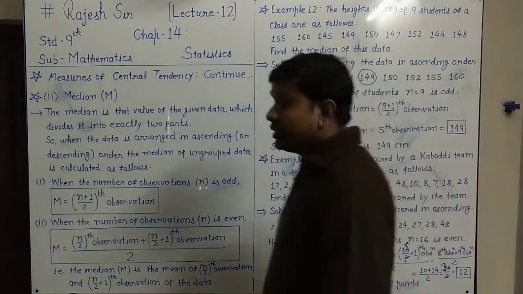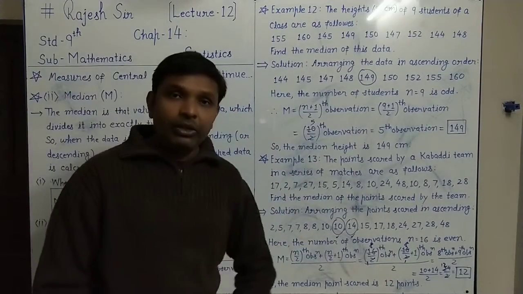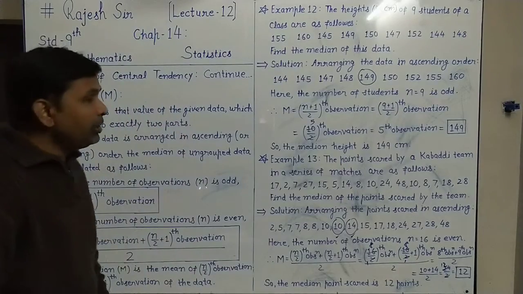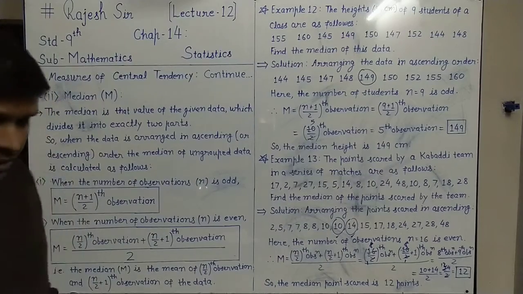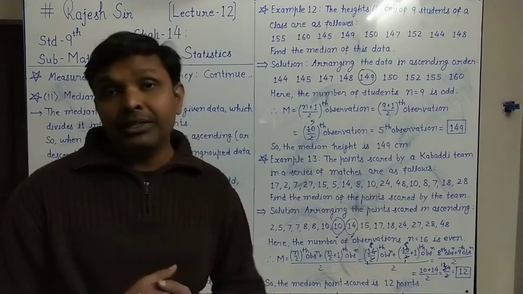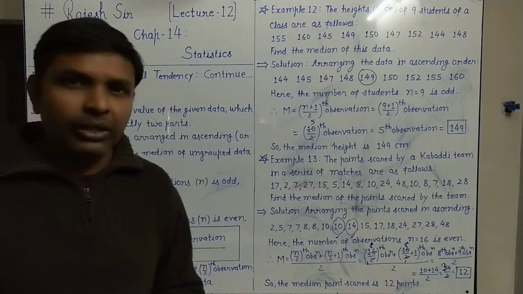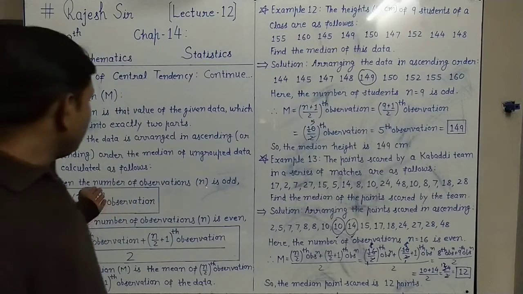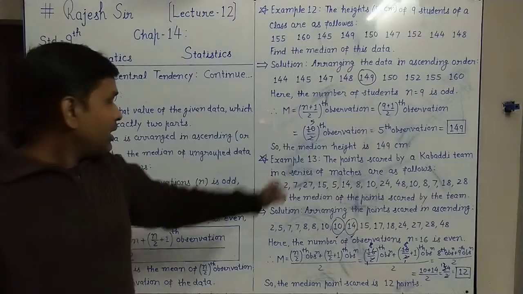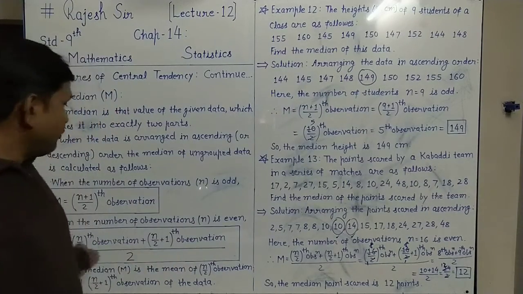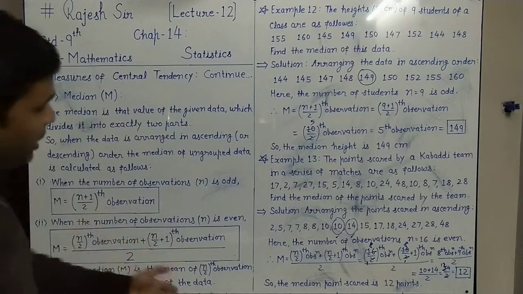So this way, both the examples, with the number of observations odd and with the number of observations even, we have verified with this formula, and this way we have to calculate the median in this situation. So remember, first of all, to find the median we have to arrange the data in ascending or descending order, and we usually use ascending order. And then on the basis of the number of observations, if it is odd, we apply the (n plus 1) by 2th observation formula, and if it is even, we apply this big formula, the mean of the n by 2th observation and the (n by 2 plus 1)th observation, and we can get our median.